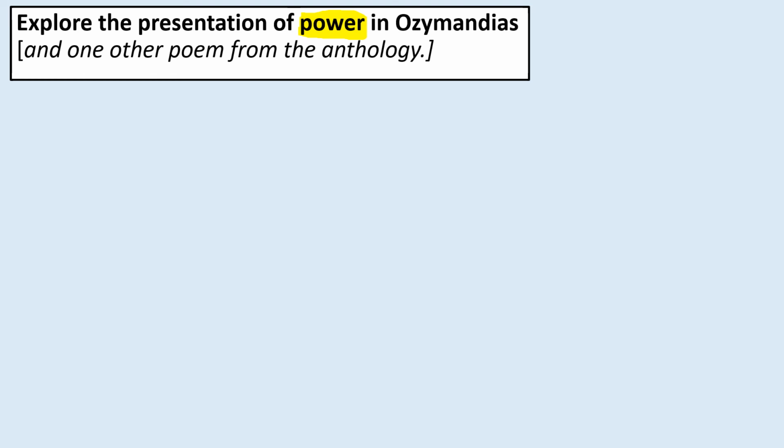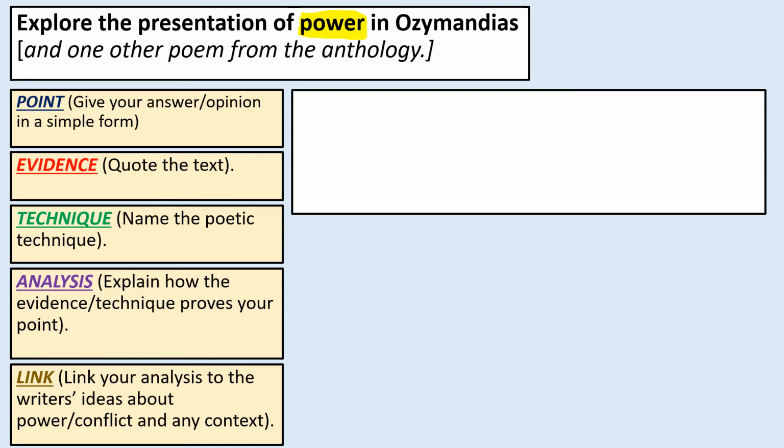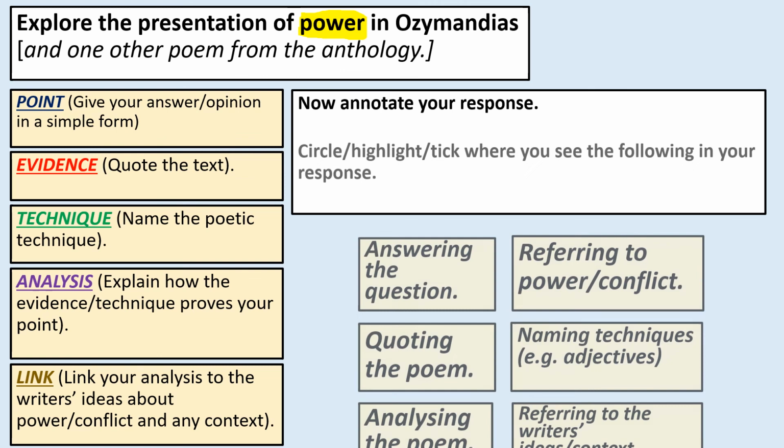Okay, so hopefully you've got that paragraph sorted out now. We've got one more thing we're going to do, and this is really useful practice anytime you are completing a practice paragraph here, because it will just remind you of those skills. You may have to do this petal structure. You can apply to any literature text, any poem, and also some of the language skills as well in the language paper here. And that structure is always kind of the same, right? So these are the skills that you tend to need in reading exams. So making sure that we're using those skills is really important. And the way we reaffirm that and we make sure that we're definitely using them is we annotate our response.